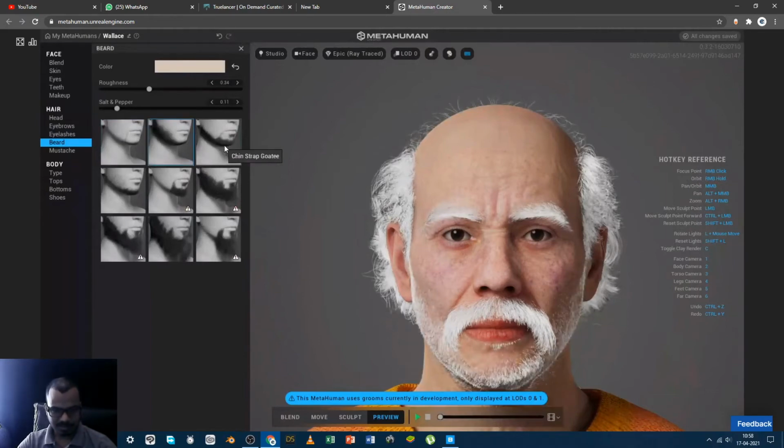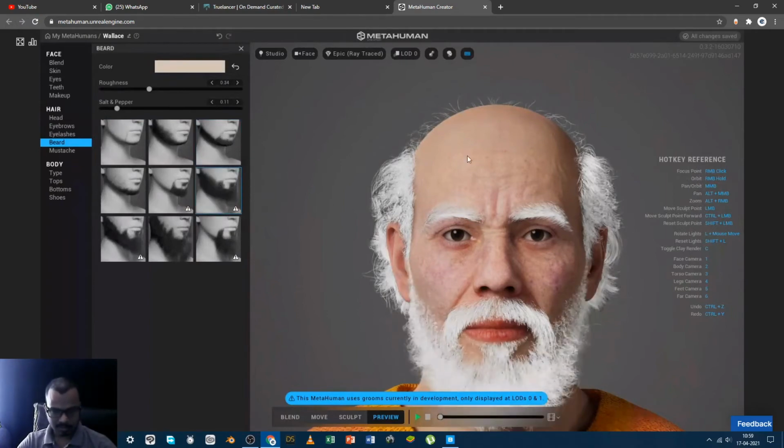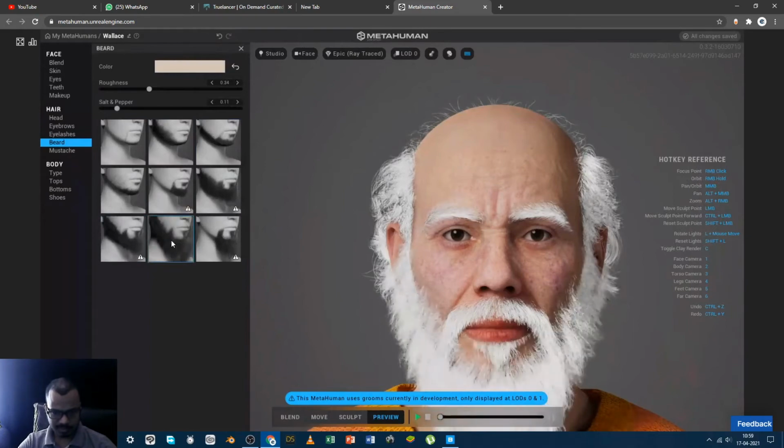This is one more. So these are a few presets, and I had chosen this.